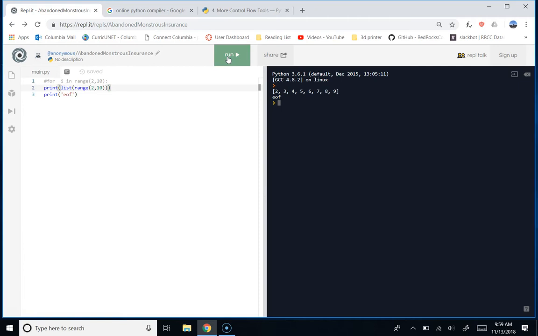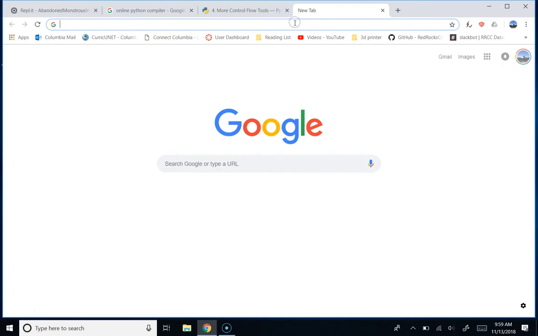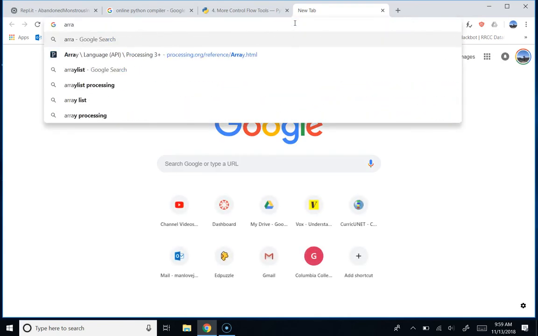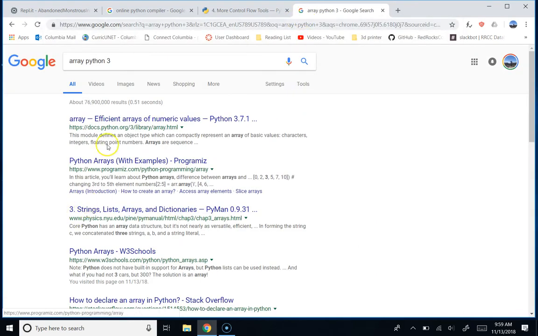Okay, so now I got a... What does this thing look like, guys? An array. Yeah, that looks a lot like an array. Does it look like one as it is? It does look like one because it is. Kind of. So if you go for array Python 3,